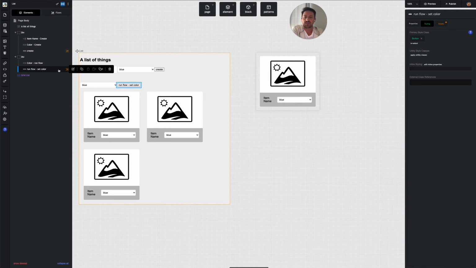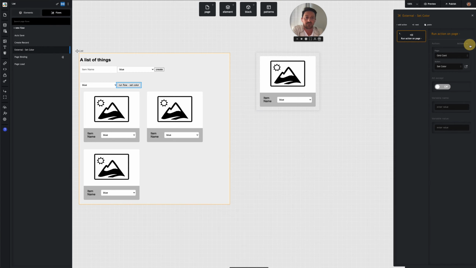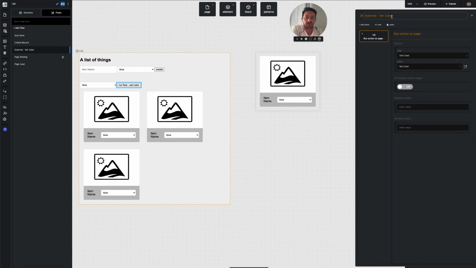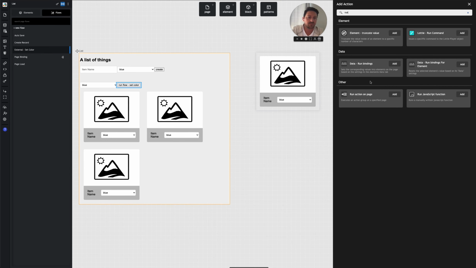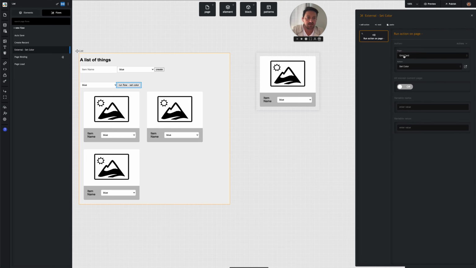So on this button, you can see there's an event that runs this flow called External Set Color. And inside of that flow, I've added an action that's called Run Action on Page. So that's inside the Add Action menu. If you just type Run, you'll see it in here, Run Action on Page. And in there, what you'll select is the page you want to run the flow on and which flow you're running there. So in this case, I'm running it on this grid card, and I'm running the Set Color flow